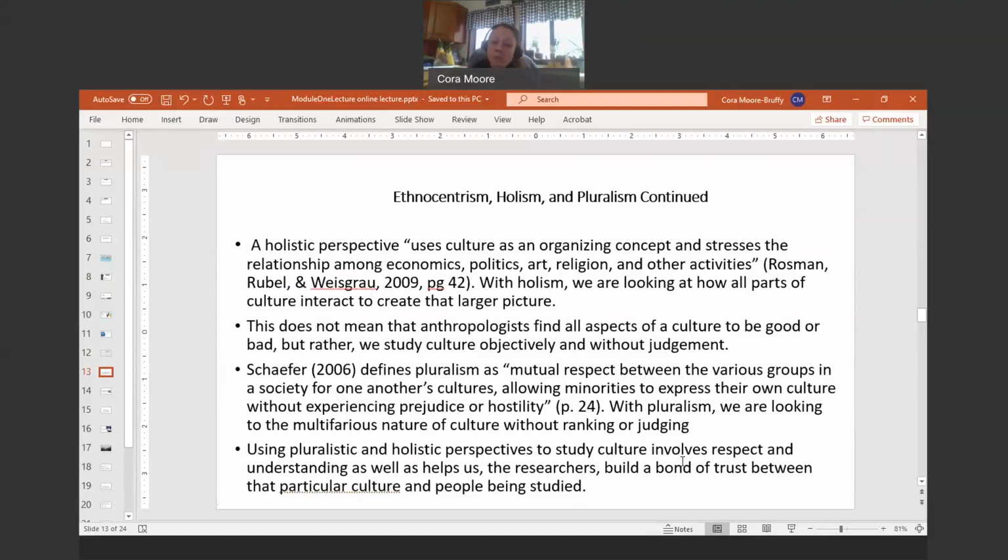Okay. And so that's what pluralism is about. It's about that respect and about approaching your host culture. When we study a culture different from ours, we refer to it as the host culture. You want to do that by being objective, looking at the whole picture, and giving that respect, because that's where we build those bonds of trust with each other. And when we can build those bonds of trust, that's when we get those true positive changes that are beneficial